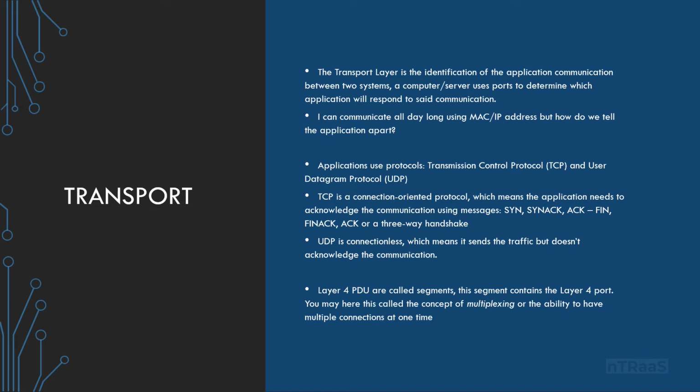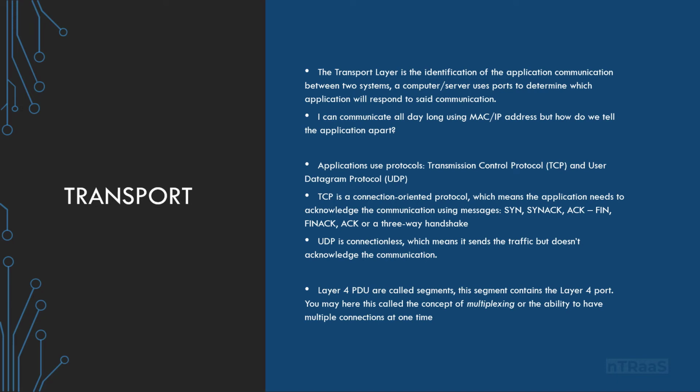So if I need to connect to a web server on 443, and you also need to connect to that web server on 443, well, how do we know the difference? So as we talked about before, we have source ports and destination ports. If my source port is 1030 and your source port is 1031, well, that's how the system knows they are two different connections.